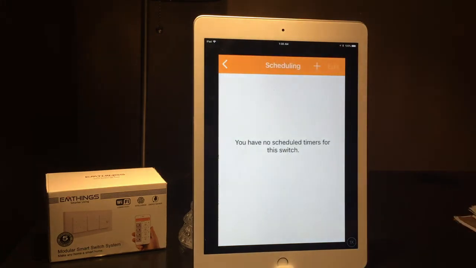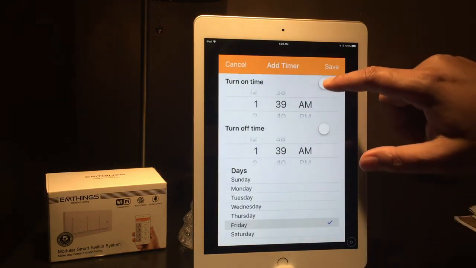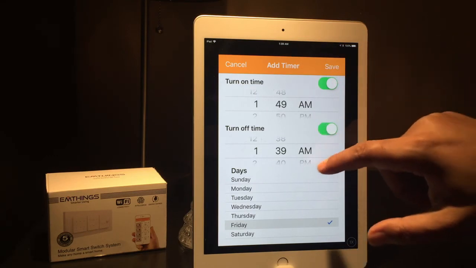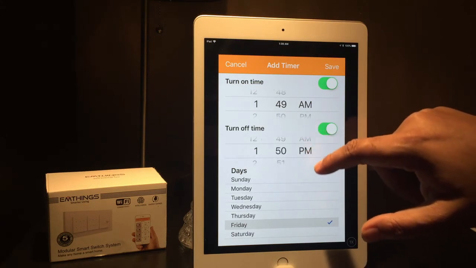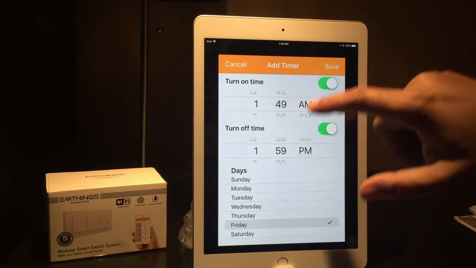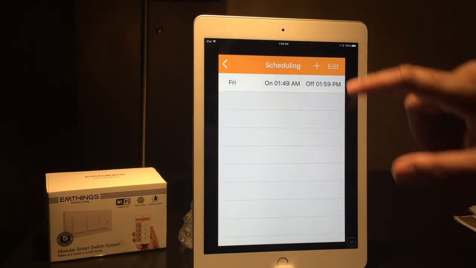You can set up timers to automatically turn off and turn on your lights and other home appliances. You can add a timer with an on time and an off time for a specific day of the week. You can add up to a dozen timers for maximum flexibility. You can easily edit or modify a timer to change time or day. The timers can also be deleted easily when you don't want them.